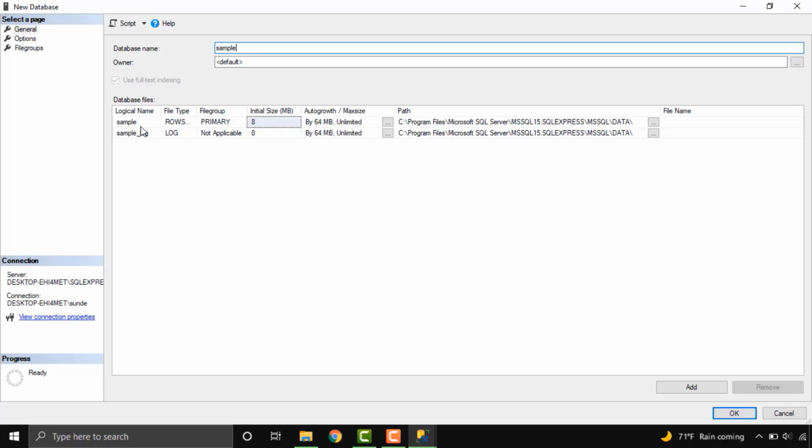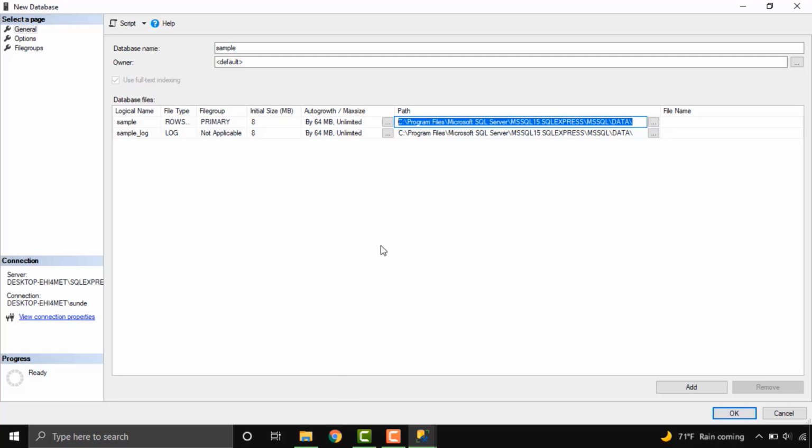MDF is the master data file where the actual data will reside, and LDF is the log data file. So whatever inserts, updates, deletes, whatever transactions or processing are happening on the database, all those details are saved in the LDF file, and these files will be created in this particular location.